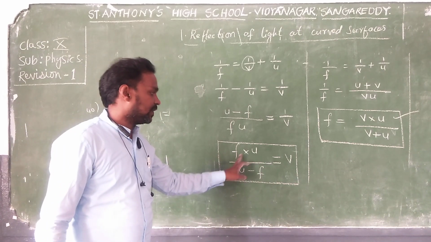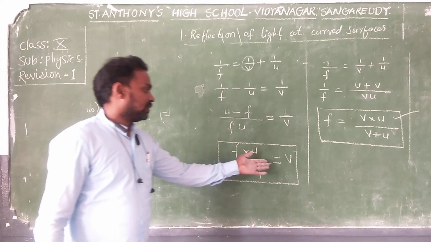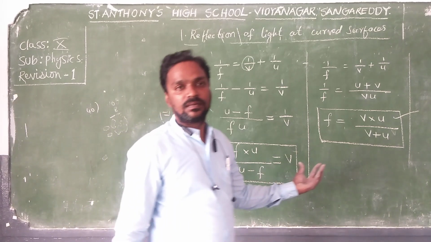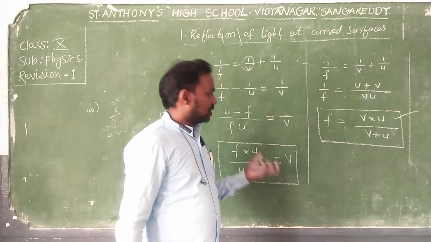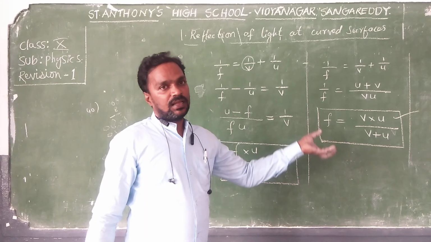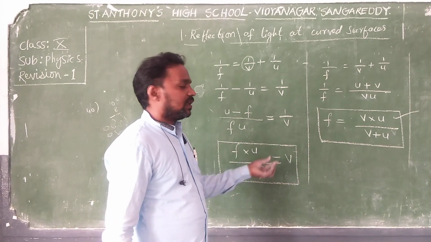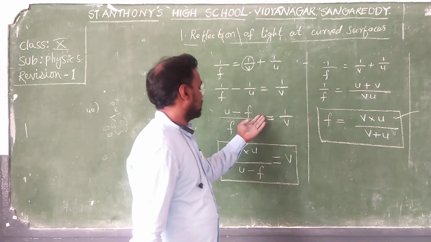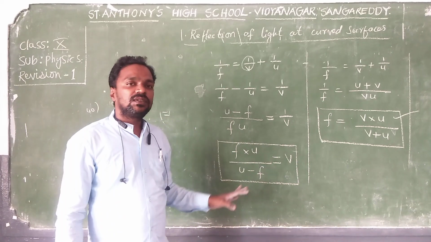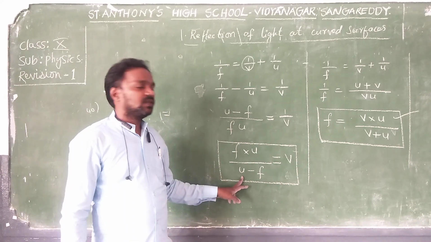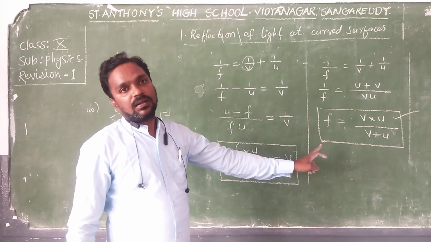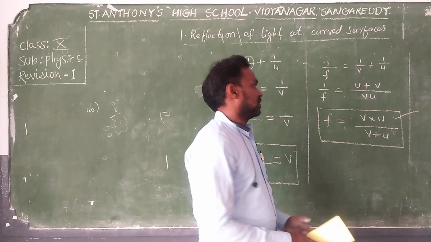Where the focal length is given and the object distance is given, you simply get the answer if you remember this one. This is not in the textbook. You can do like this. So answers may be like this. Which one of the following is a formula to find the image distance? They will give this one, another formula, this one, this one. Among them, which is your image distance formula? This is your image distance formula. Unless you remember, you will be searching for the formula. So please try to write like this.